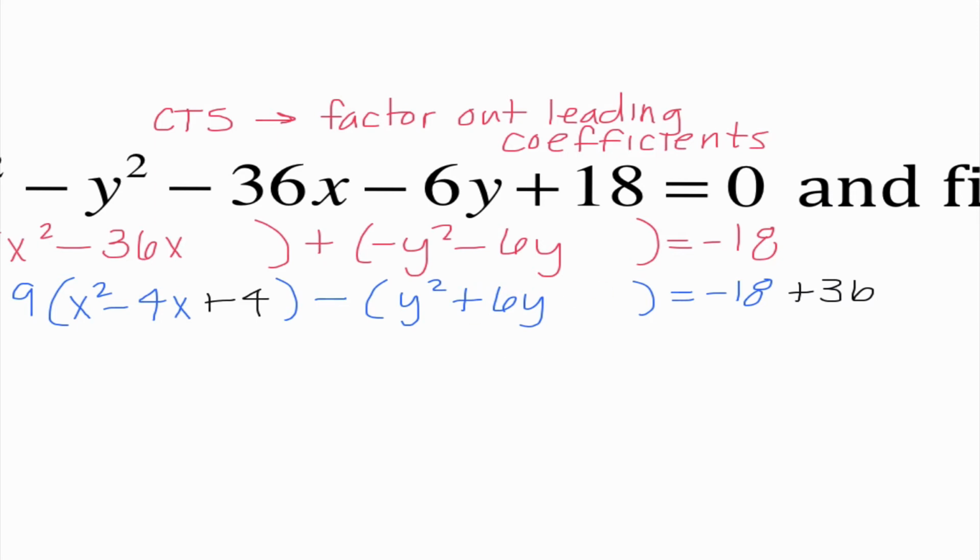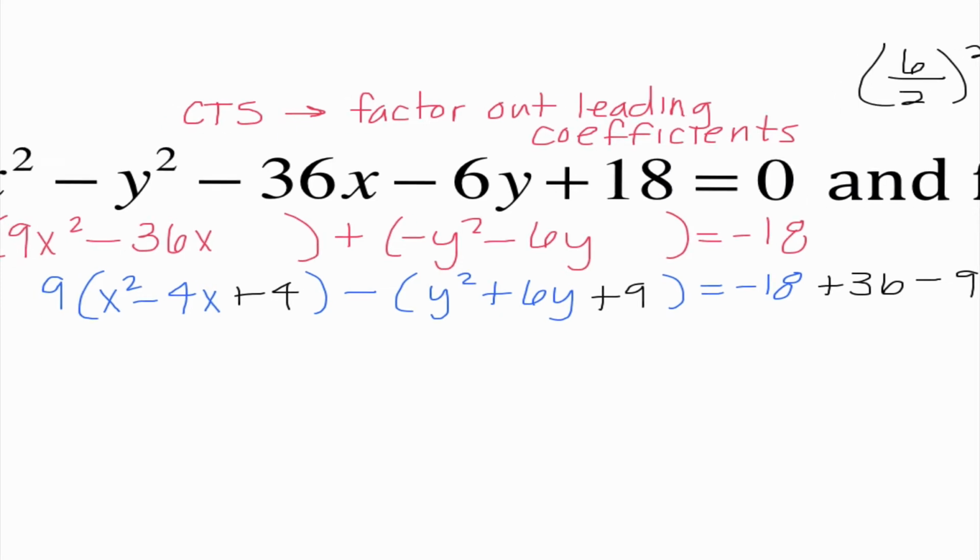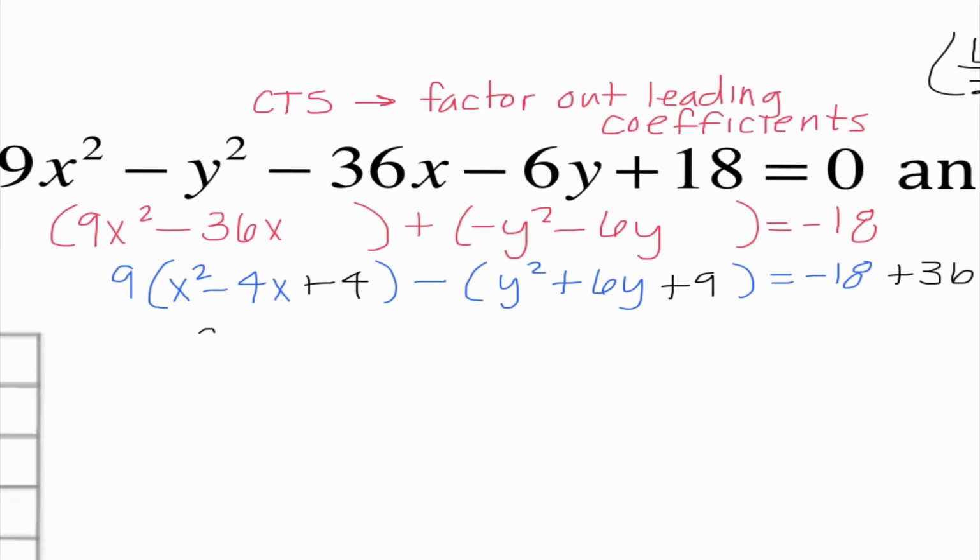Okay, over here, I'm taking that 6, and I'm going to divide it by 2 and square it, so I'm adding 9. But I need to remember this is like a negative times 9, so I have to add a negative 9 to the other side. So when I factor this, I get 9 times (x minus 2) squared minus (y plus 3) squared equals